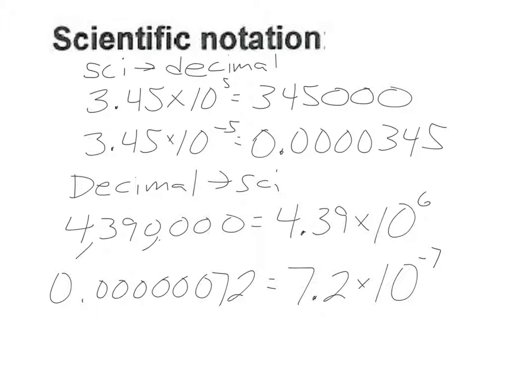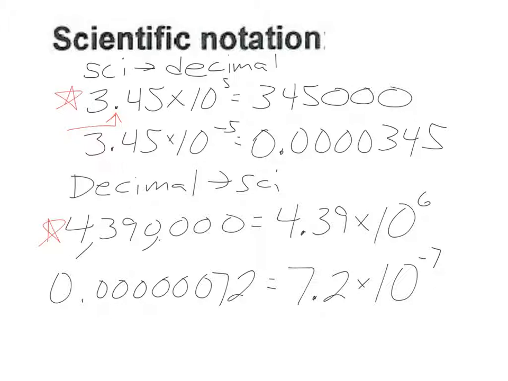And then the final topic for this little algebra review is scientific notation. Again, you can look at your textbook to kind of go back over that. I've just got some examples here. Scientific notation always has a decimal after the first non-zero number, and then it's times 10 to some power. Large numbers, which would be this first one and then this one, large numbers will result in a positive exponent